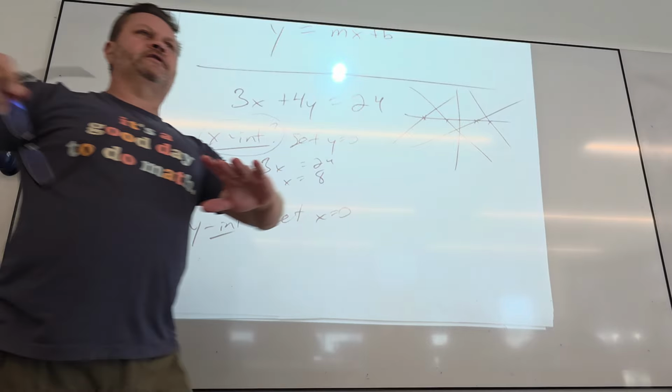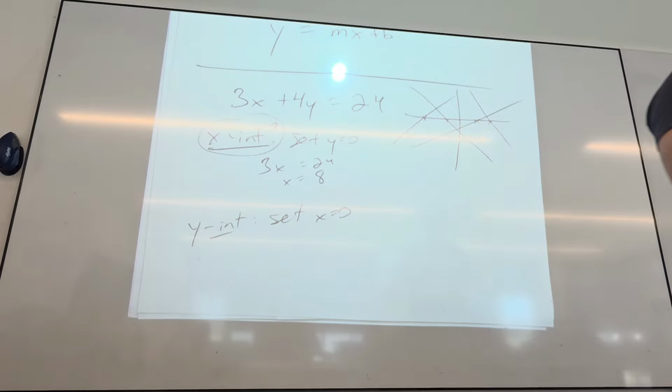I don't think I've told you this yet, but in my last math course, which was Math 696, I had an equation that had like 13 variables in it, and my instructor wanted us to find the w-intercept. So we were in 13-dimensional space. So what did I do? I made every other variable 0. Same thing you do every time. If you want to find the whatever intercept, you make all the other variables 0. That'll force you on that axis.